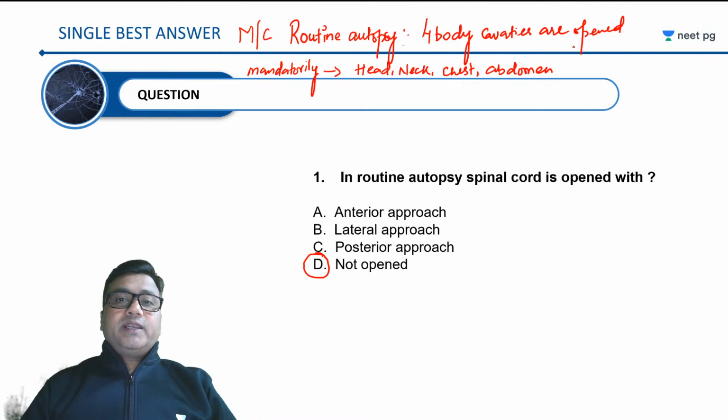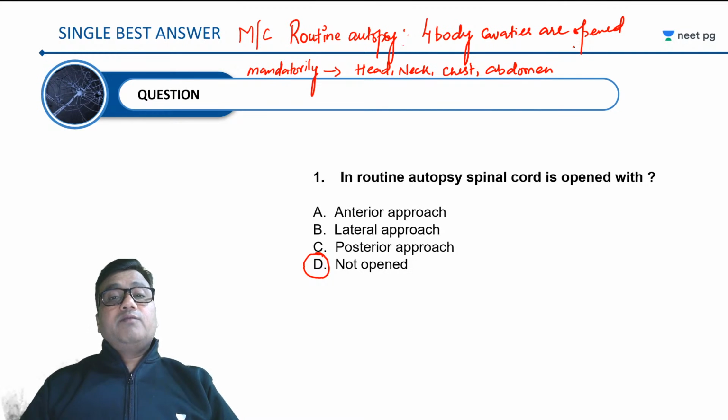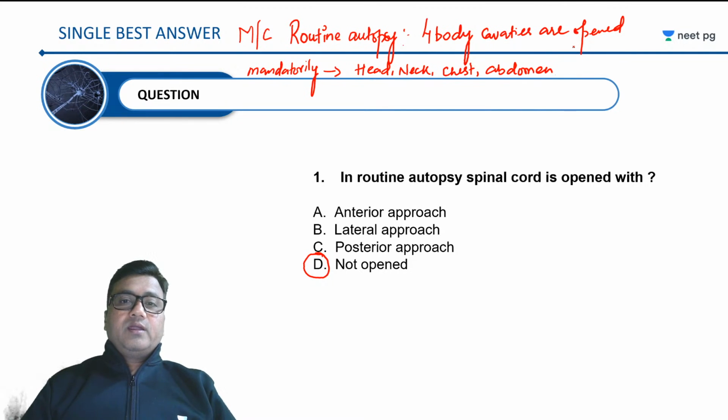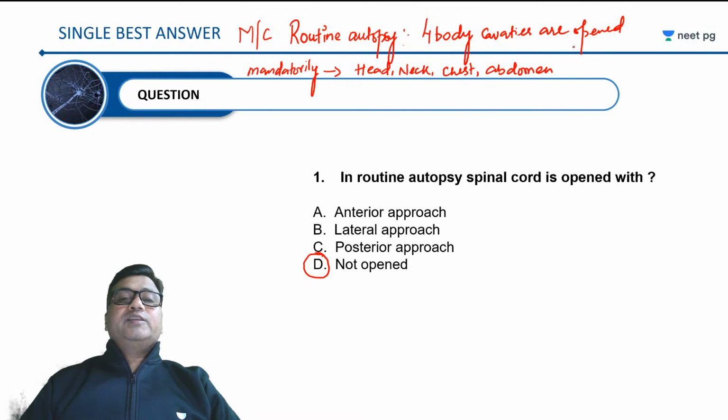Or we are expecting some trauma in the spinal cord or pathology in the spinal cord area to be the cause of death, like in cases of whiplash injury, okay, or maybe any kind of other spinal injuries. At that point of time, when spinal cord opening is important,